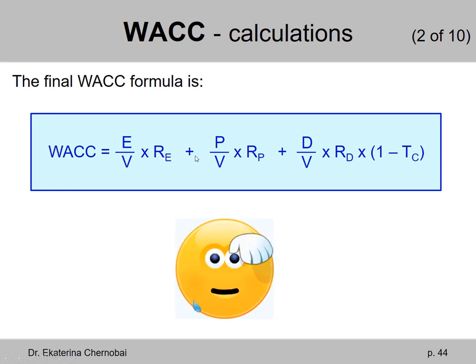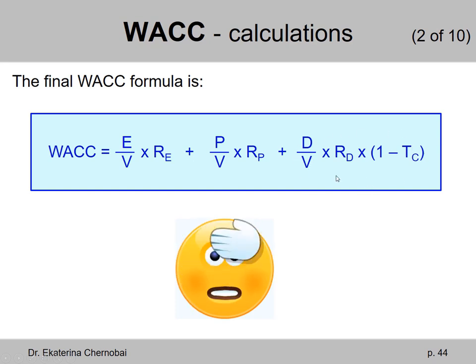Then we add a similar term for preferred stock, which is the weight of preferred stock, calculated as the market value of preferred stock shares divided by the market value of the entire firm, multiplied by the cost of preferred stock, RP,